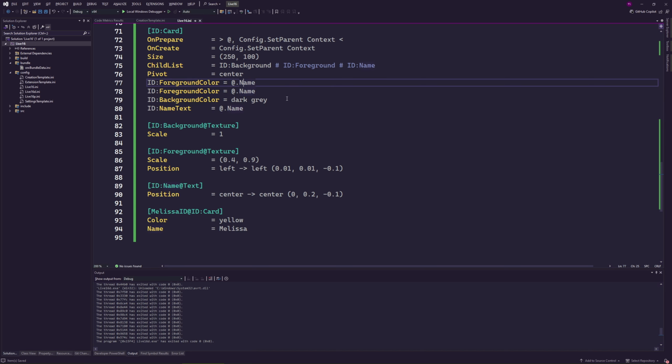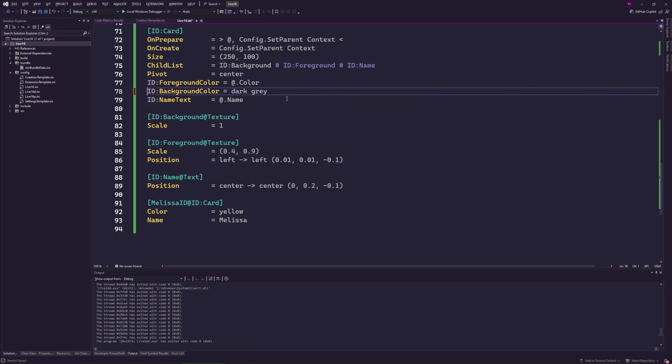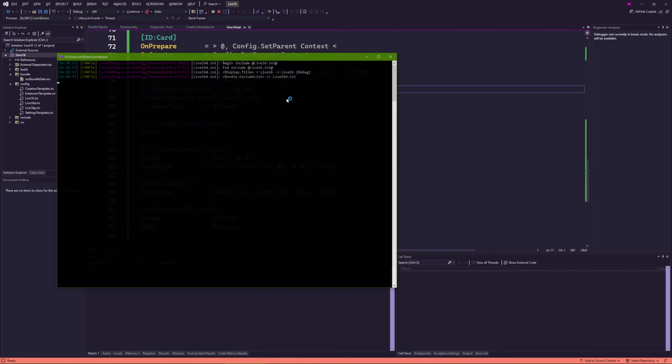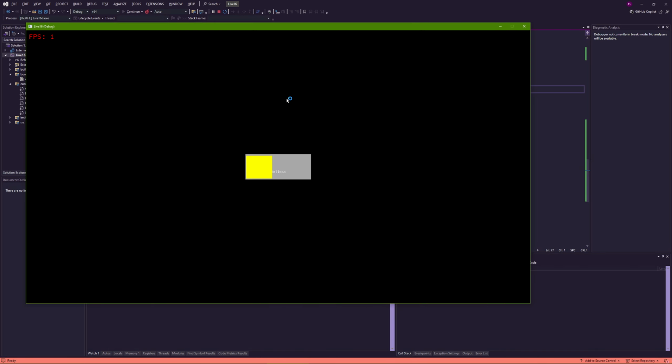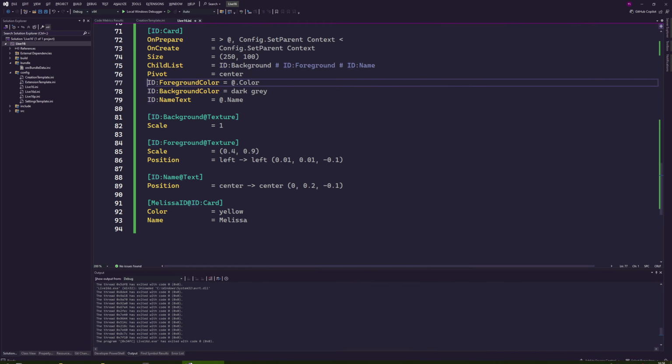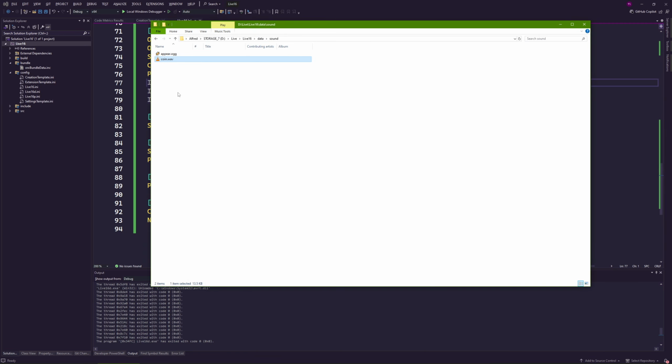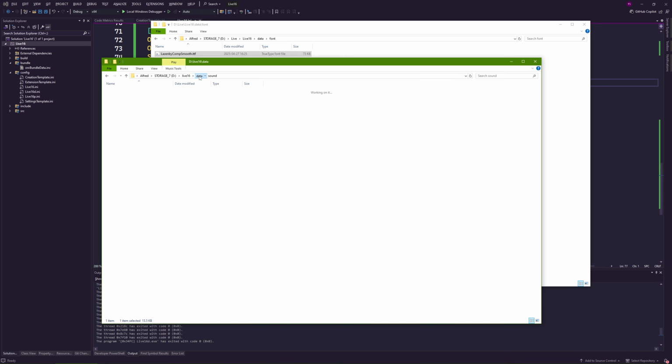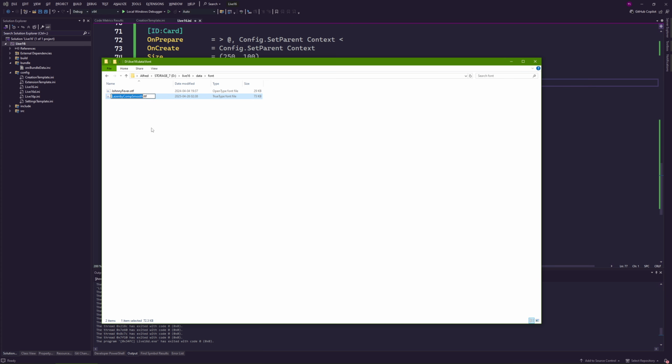And here we want color. I'm not sure why I put name. Okay. So why do I have to? I only want one. So if I didn't make any mistake here, we have the name of Melissa. We have the yellow. Let's actually use a different font for this. If we go back to the test I made yesterday, I'm going to use the default Lazenby font, which is actually already here, so I don't need to copy it. Not sure why I have this. I need a name though.